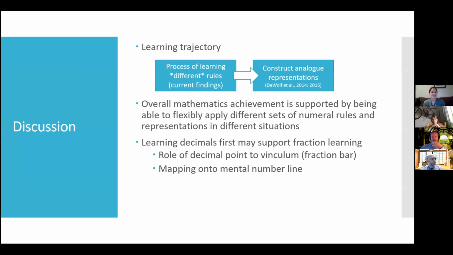And let's see, so discussion, I put in some interpretation in my presentation of the results, but again, seeing some sort of learning trajectory between the different papers coming out of this data set, where we're seeing kids develop that thinking and reasoning about magnitude might be a process of learning different rules, which includes partial understandings. And those partial understandings could be really important in some sort of transitional knowledge,